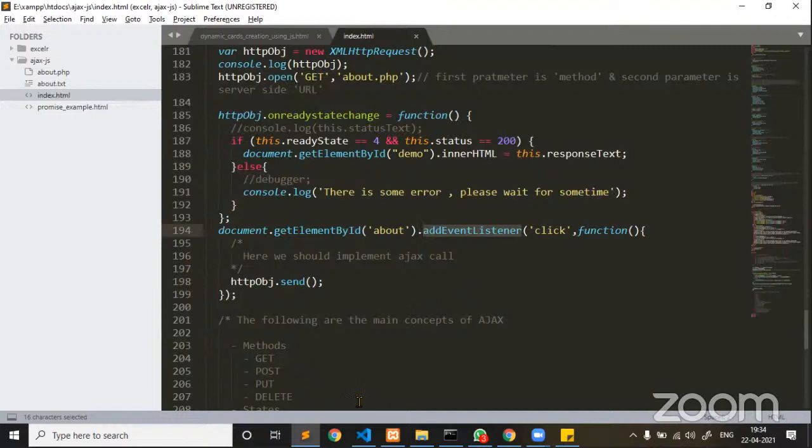Now, my dear friends, I'm going to explain each and every line of this code. Please try to ask if you have any questions, and we are ready to answer all of them, my dear friends. Now see, document is a DOM object. The DOM object is responsible for manipulating any items inside a document at runtime. Now you see here, getElementById is a predefined method which allows the developer to select an element whose ID is equal to about inside a web page.